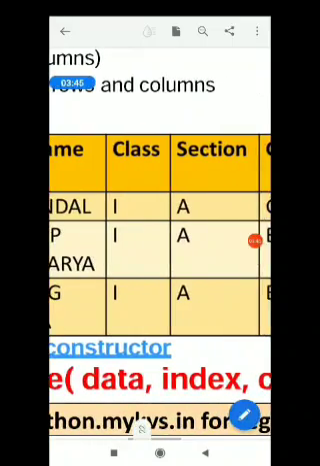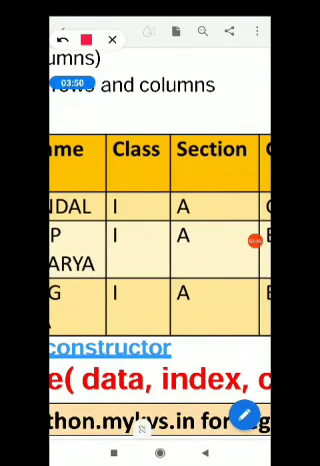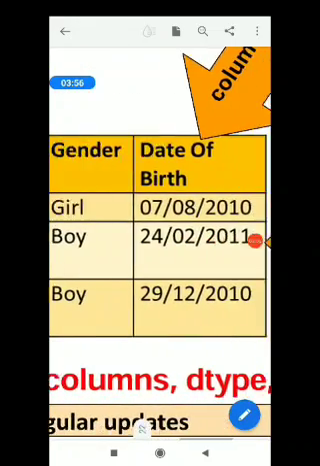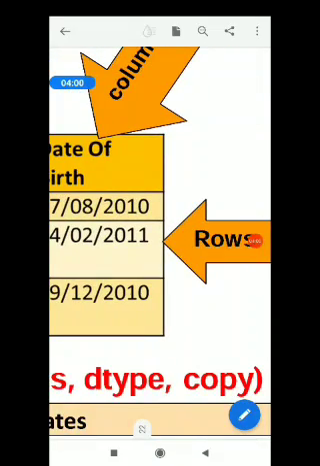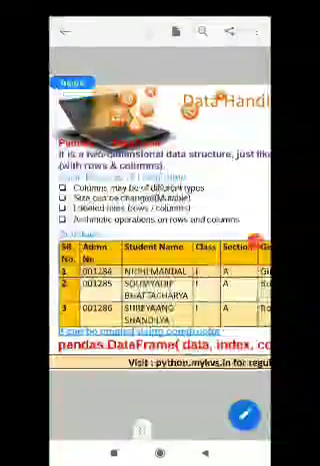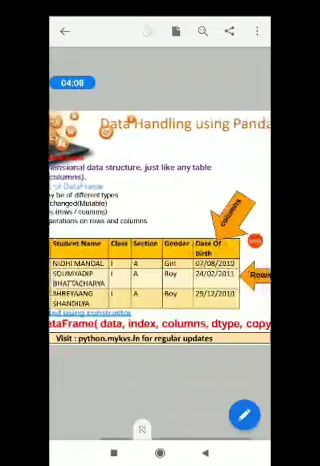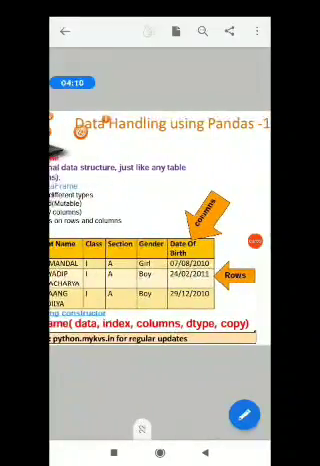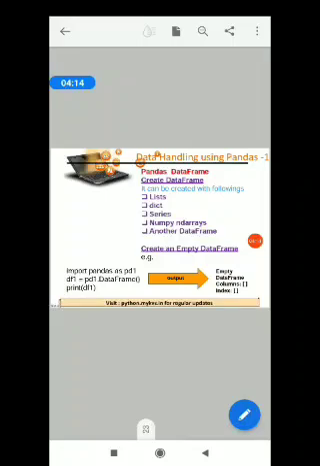Then within brackets you have to write the following information: data, then index, then columns, then dtype, and lastly copy. These are the few arguments that you have to provide in the DataFrame function. Please note down the syntax in your copy. Let us proceed to the next slide.